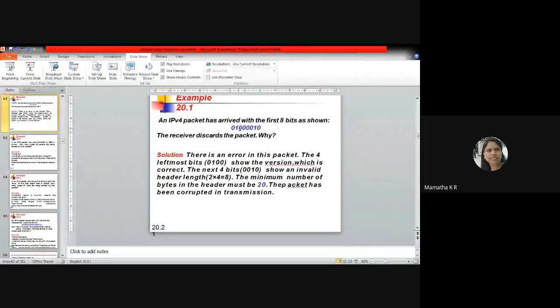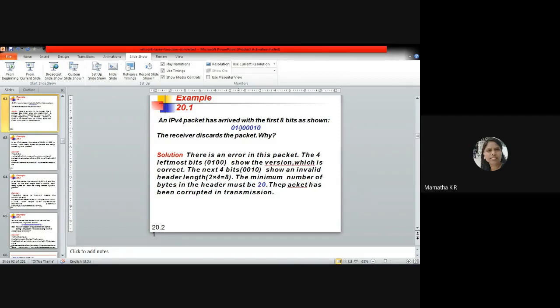And what is the minimum number of bytes in the header? It must be 20, as I told you. It can go up to 60. If it is less than that, then it is going to be discarded, because the header length is less than 20.